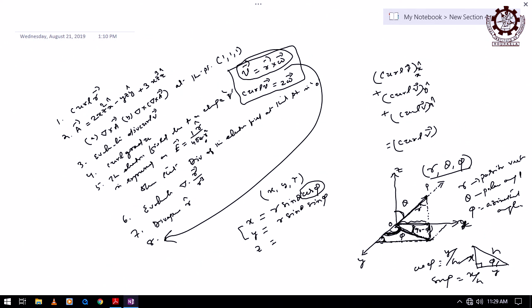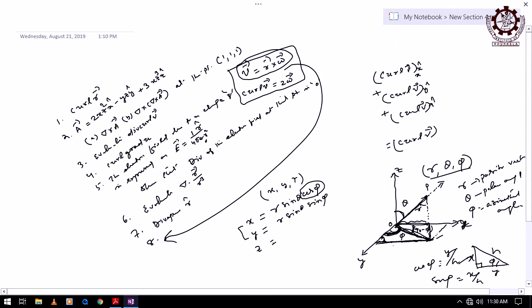Hypotenuse will be r sin theta. Theta or phi, which one are you telling? Theta is here. Sir, in the xy plane. No, xy is this one. Sir, considering that triangle that you have drawn outside, there y and h and phi. This is phi. This angle is phi. The hypotenuse of that triangle will be r sin. Hypotenuse is this one. Sorry, this one and this one. And its value will be r sin theta.